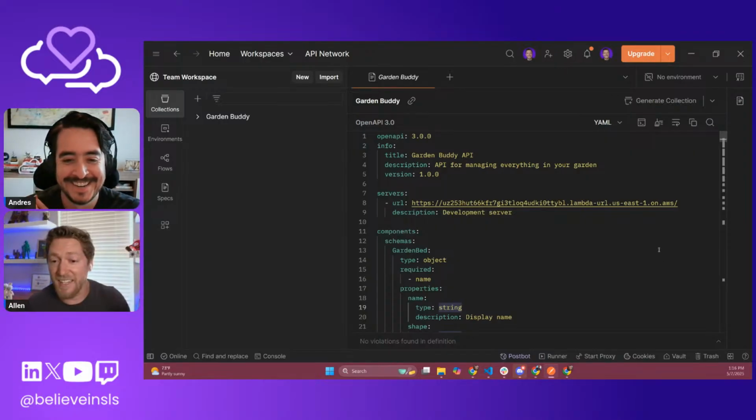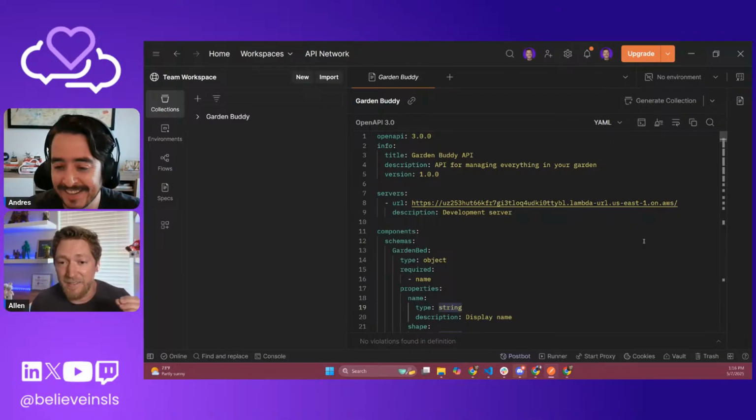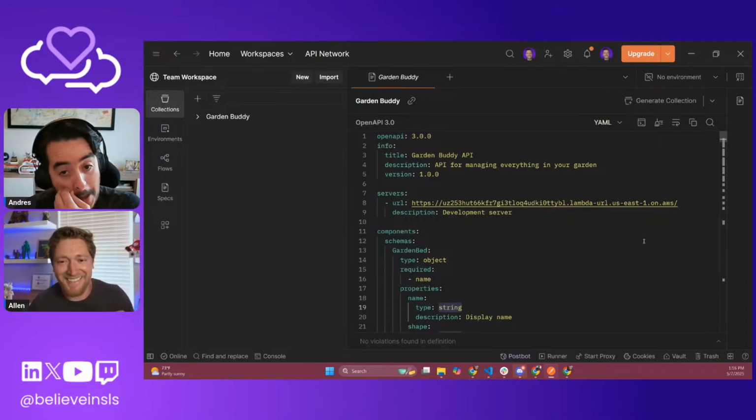So, great tangent. But as a result, I want to be able to add the seeds that I have available. As a gardener, I've been gardening for many years. I have realistically 80 different types of seeds in my little seed box. So what I want to be able to do is add all of those 80.